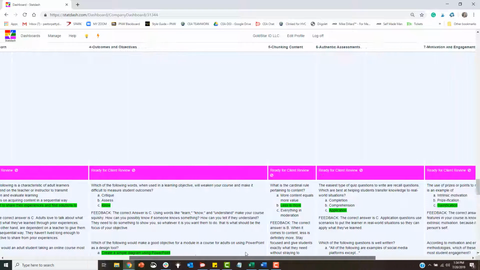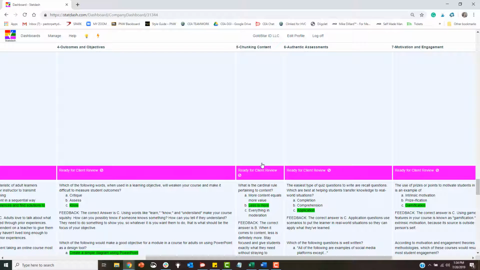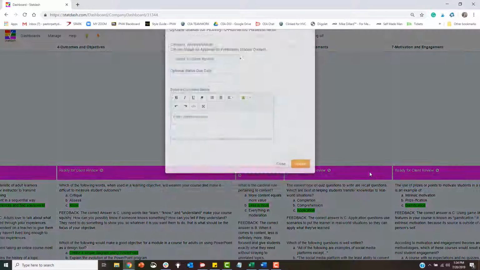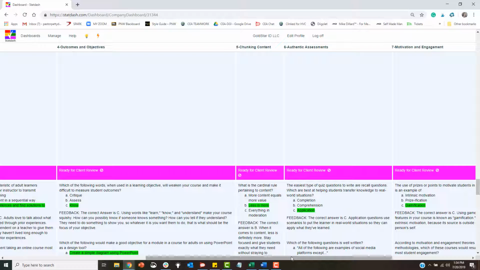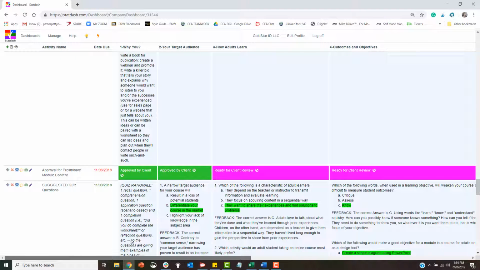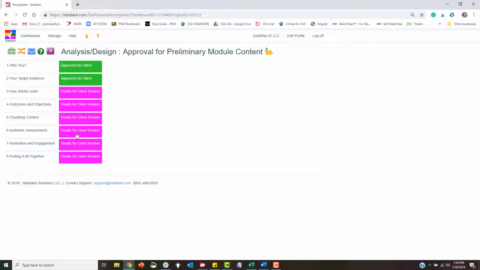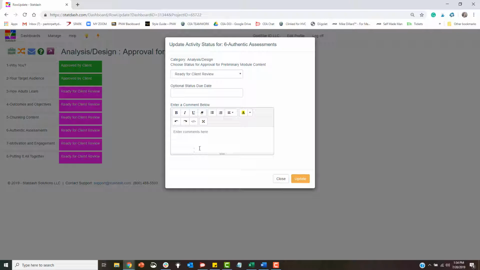Well, if you are just going in a regular view on your mobile phone and you click to have this modal come up, you'll have to search all over your phone to try to get to this pop-up. It's very difficult. But the shortcut view was made specifically to help you on mobile. So if you're on your phone, all you do is click this and you have this very quick and easy shortcut view. You can come here. The pop-up will pop right up. You'll see it right in the middle of your screen on your phone, and you can update your